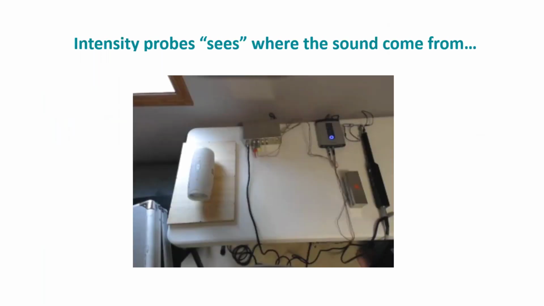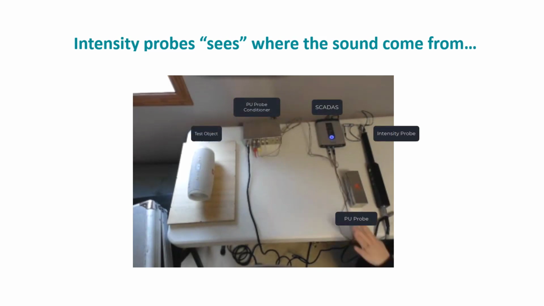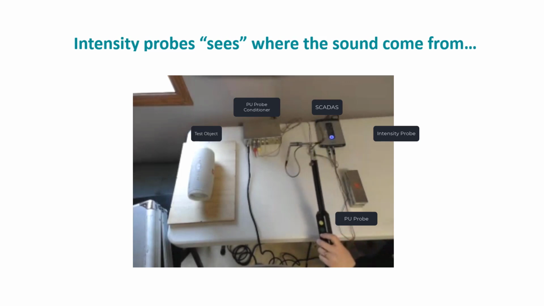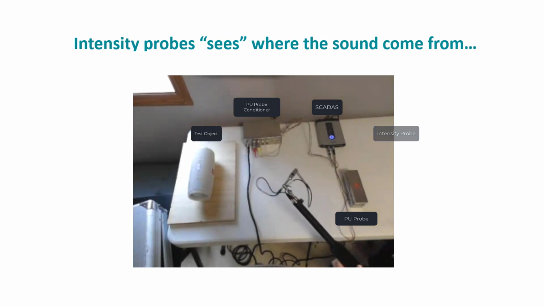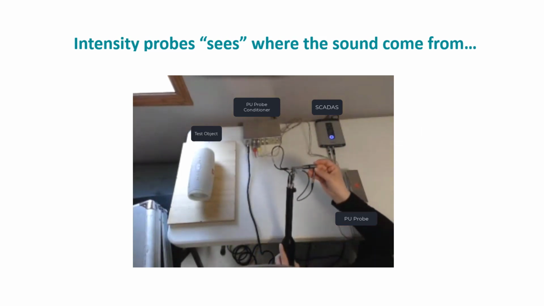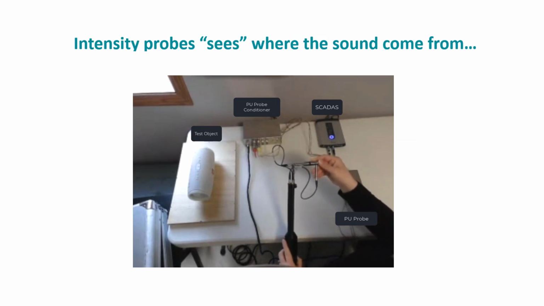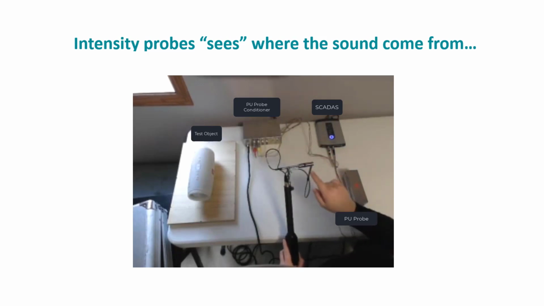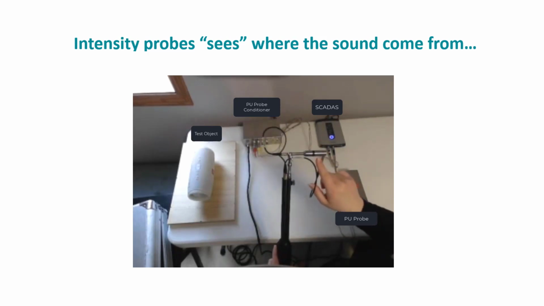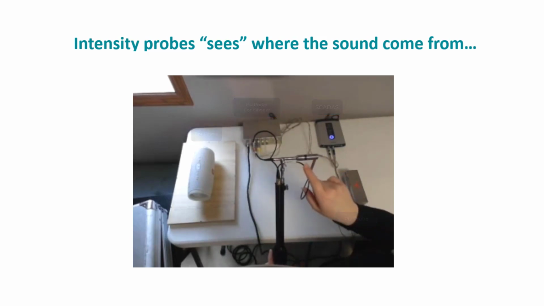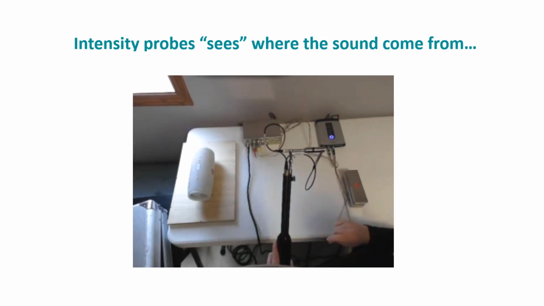So, the intensity probe. I've got one here; I have a couple of different probes. I've got this nice little intensity probe, and it comes with 2 microphones. There's a reason for that. You'll notice that sound power and sound pressure are typically measured with 1 microphone. There's a preamplifier here to help boost the signal and a preamplifier here. It's sort of difficult to see, but we've got 1 microphone here and 1 microphone here, and then this little black thing in the middle is called a spacer.